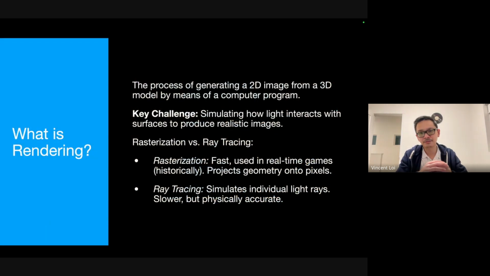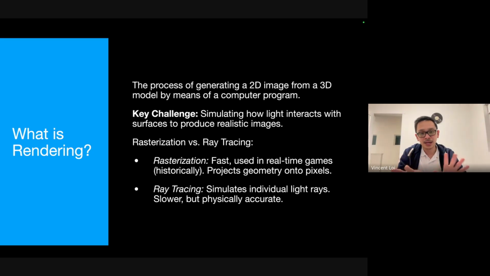So I think the first thing we need to know is what rendering is. Basically, rendering, as we say here, is generating an image from 3D models with a computer program. To generate this image, we have to use some techniques or mathematical models to simulate how light interacts with the surface. So it's like using our eye to trace where the rays come from to reach the lights.